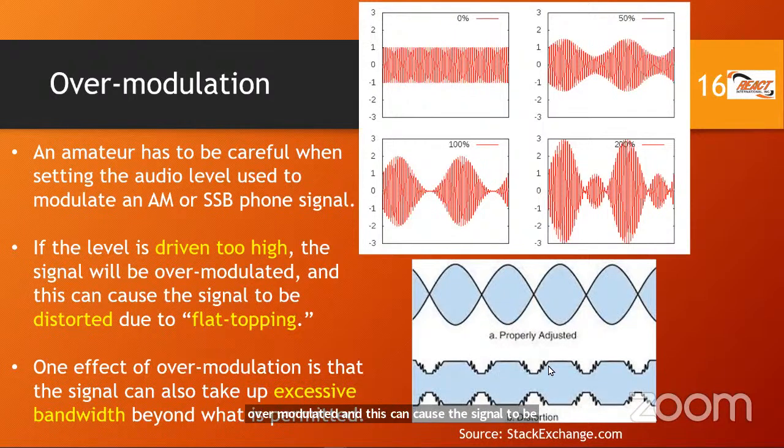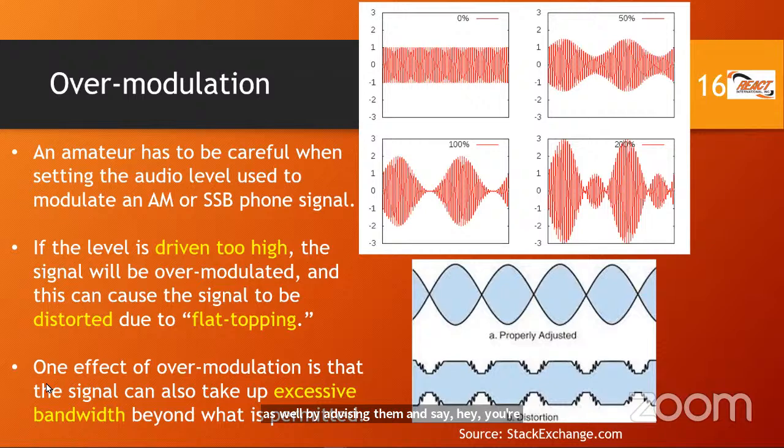And you can see here flat topping, right? You should have a properly adjusted signal, nice and smooth like this, but no, you're over-modulating and therefore you're flat topping. It's cresting and it's clipping. This is to be avoided and we need to be aware of it. We need to avoid it ourselves, and we need to assist our fellow amateur radio operators to improve their signals as well by advising them, saying, hey, you're flat topping, so that they can know about it and